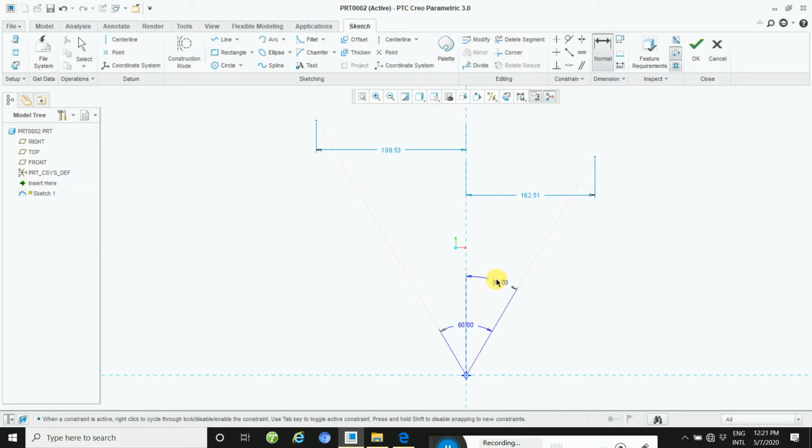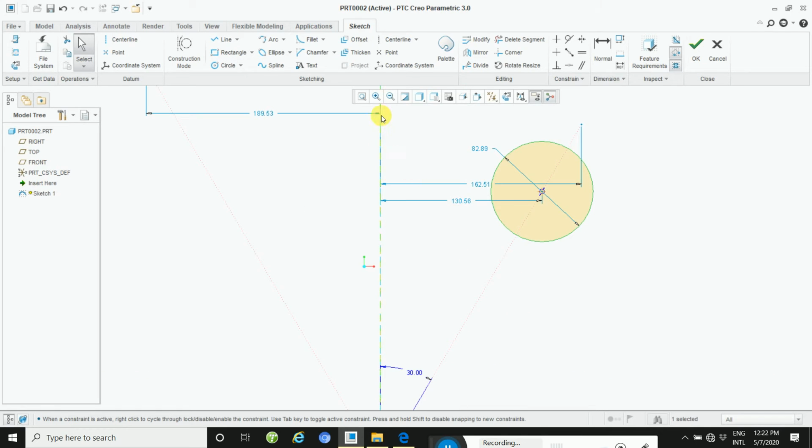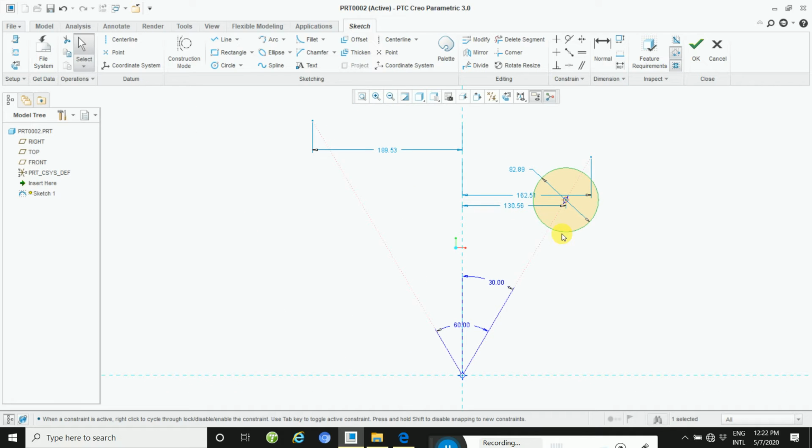Then draw a circle anywhere, and define the circle diameter.